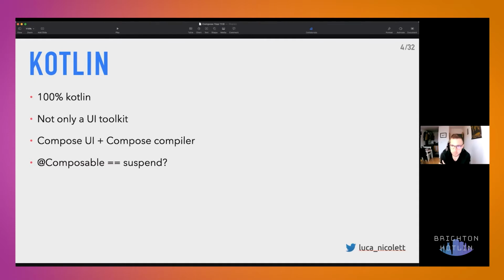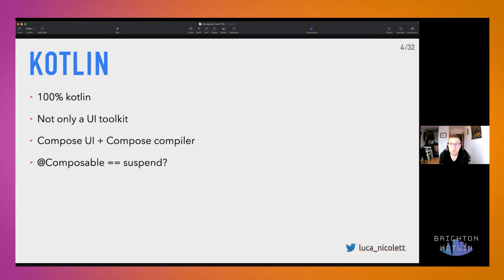The main building block of Jetpack Compose is the composable annotation, and we'll see later how it's used. Think of this composable annotation as a keyword. It works almost like the suspend keyword in Kotlin. And here is where the Compose compiler comes into place and does its job. Using this annotation, you signal to the compiler that it needs to change the code we wrote.